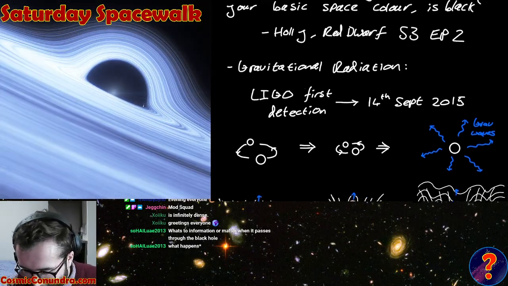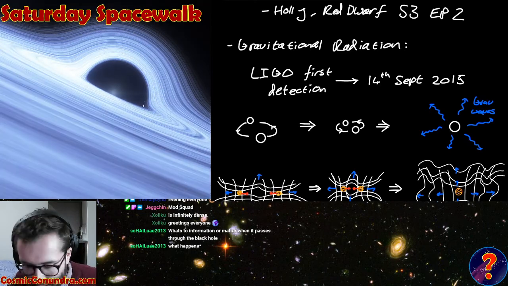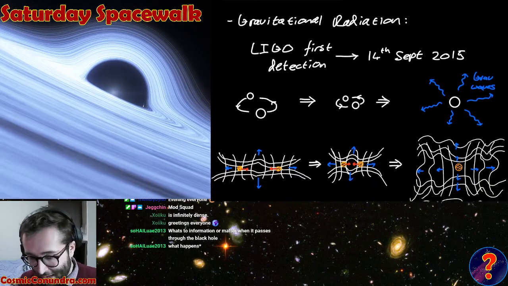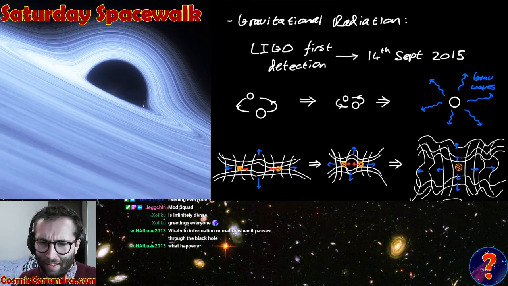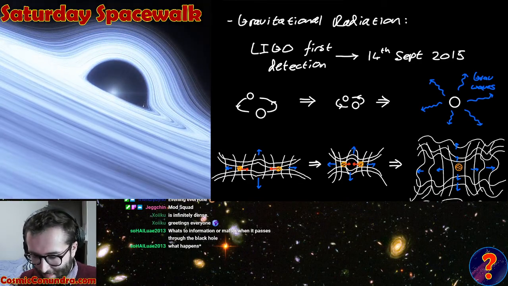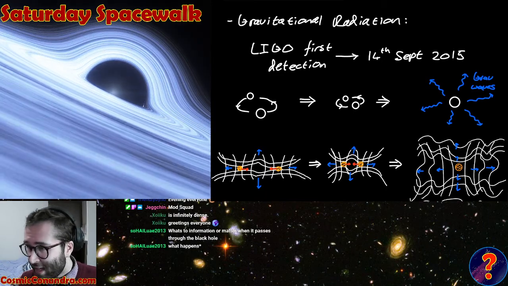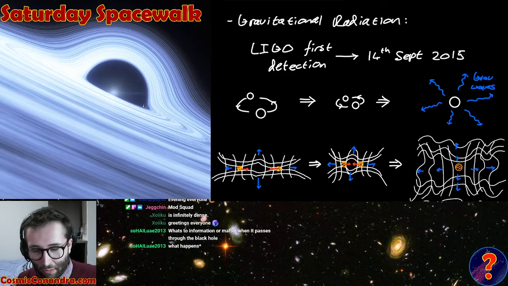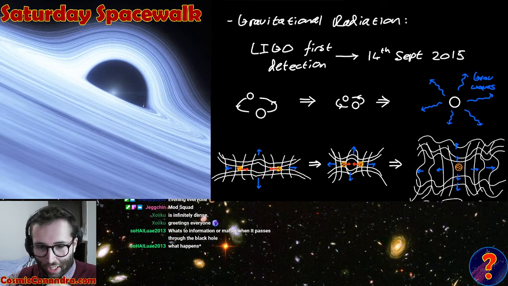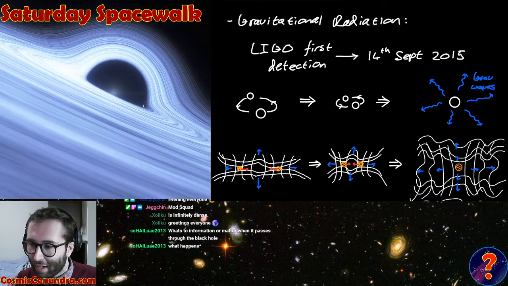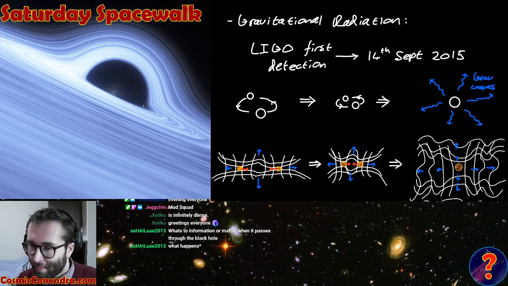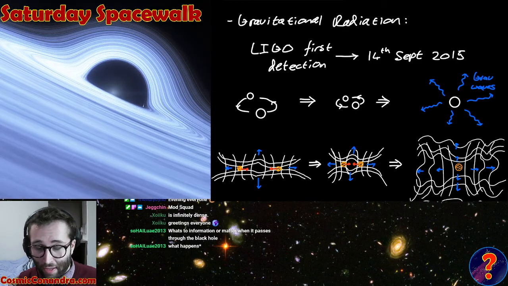So as I was saying, this first LIGO detection happened on the 14th of September 2015. I can actually remember the day it happened. Well, the day it was announced. It was announced, I think, in something like March 2016. So that was a very exciting day. But the event they detected was two black holes spiraling in towards each other and eventually merging to form a bigger black hole. I think these two black holes had masses of something like 30 solar masses and 35 solar masses,